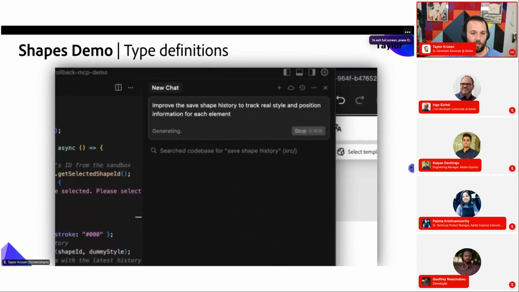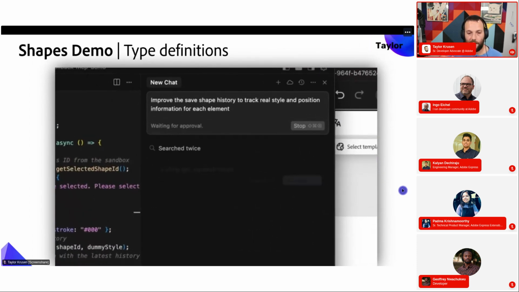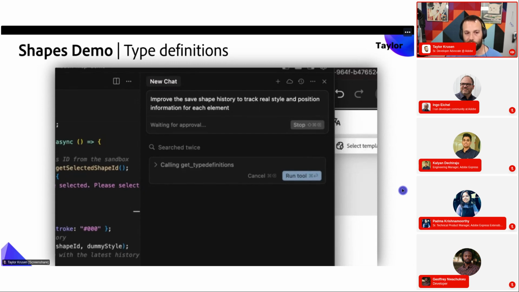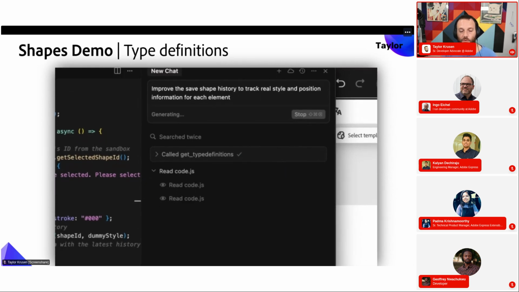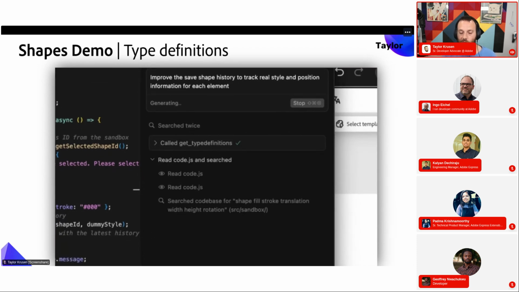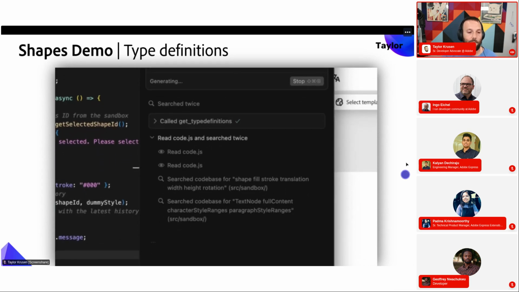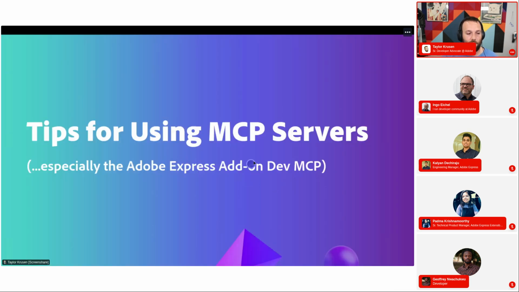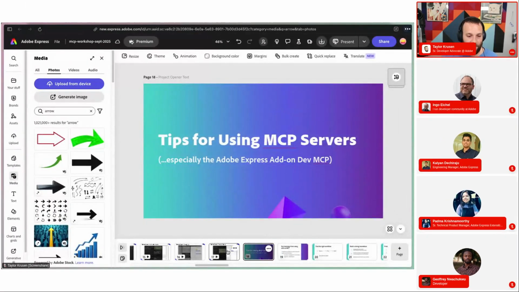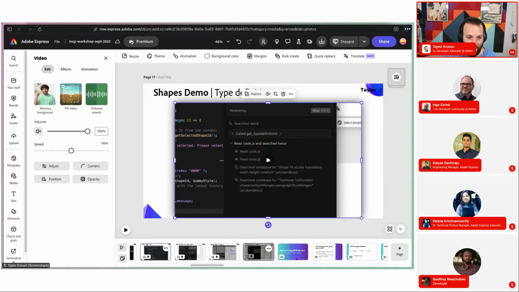Okay, so in this one, I'm at that same starting point where we just left off, and I am asking it to improve the shape state history, to track real style and position information. So sorry, I am not at the same stopping point. Let me back up. Oh, sorry. These video controls are killing me. I'm sorry. Okay. So in this one,